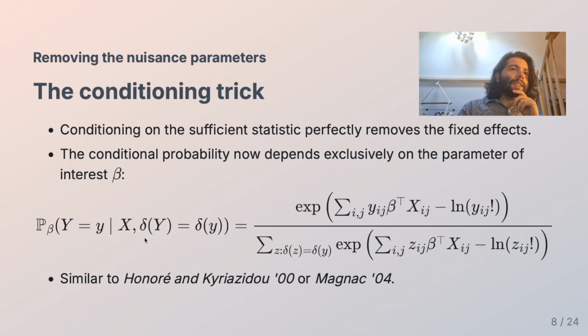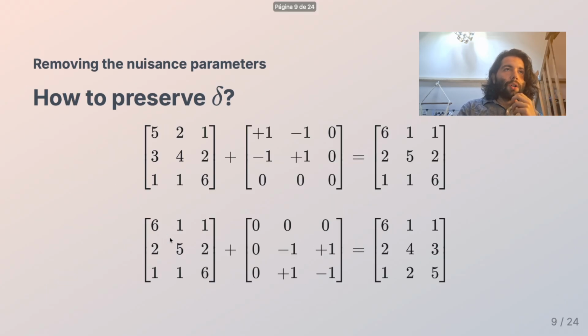But in order to do that, we need to understand the set. We need to know, for a given network, which are all the other networks that have the same degree, the same sufficient statistics. So we can map this set here. In the end, we want to take a graph and find all the other graphs, all the other networks, that preserve the degrees. In the two-way case, it means that we want to preserve the sum of lines for all lines and the sum of columns for all columns.